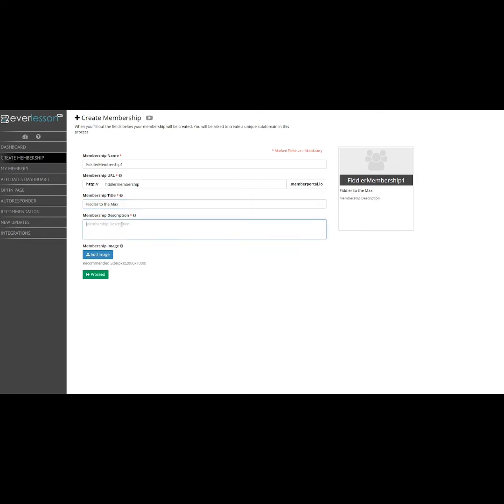Membership description, we'll say, we teach all things fiddle, from beginner to advanced. You can find the training you need here. Now that applies to the membership, okay? It's not necessarily the course. In our case for today, we're just going to go through the motions of creating a beginner course with 3 lessons, okay? And that course will be part of this membership, and it may very well be the only part